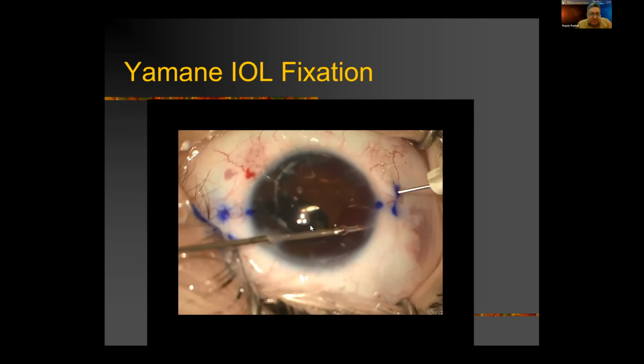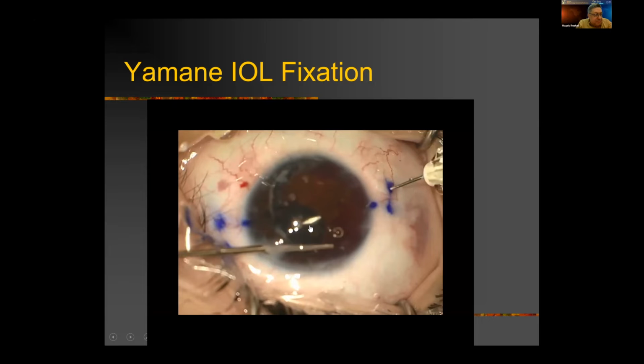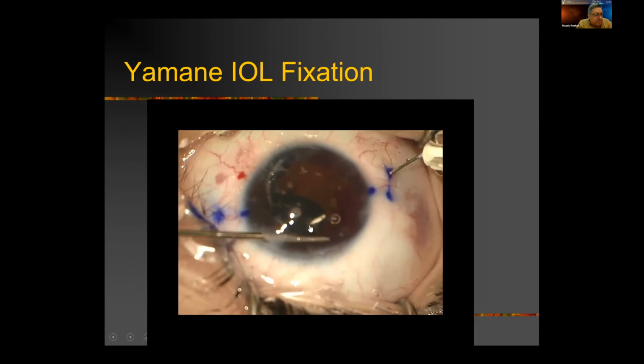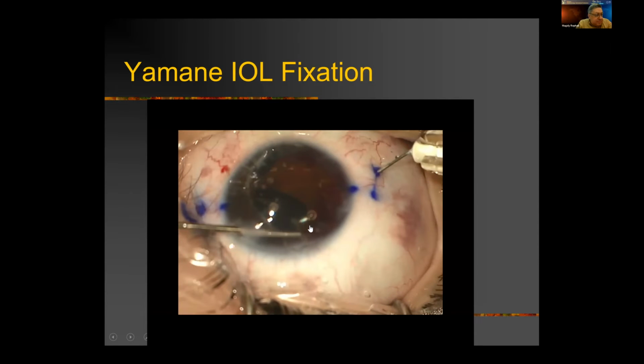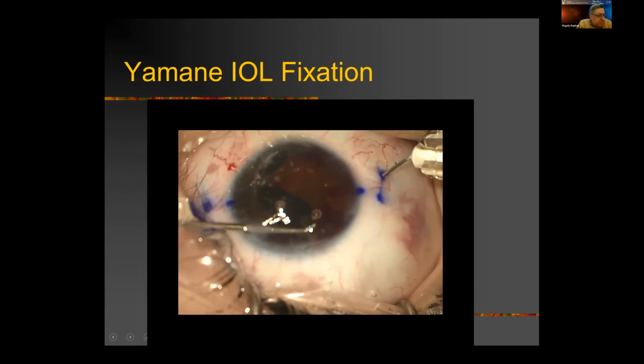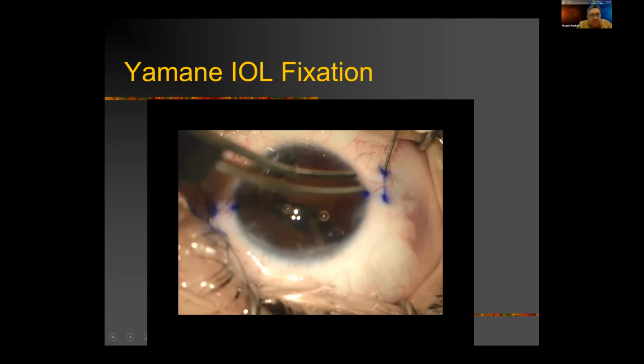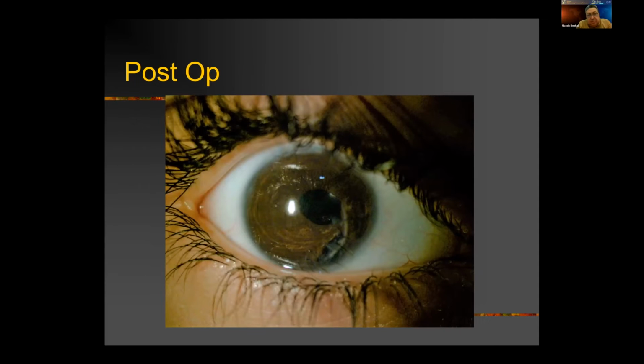And then the same is done. The haptic is fed through the needle and it's pulled out, and again we do the same. So in conclusion, this is the appearance of the eye 1 week after the operation, quiet eye, and you can